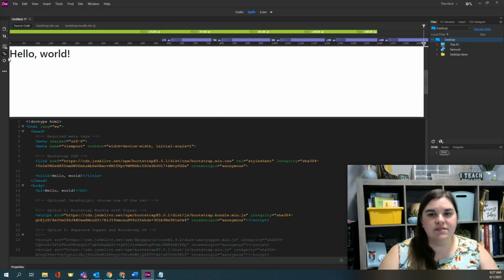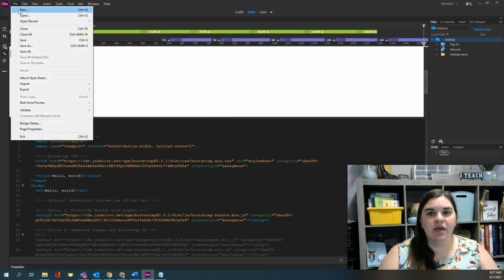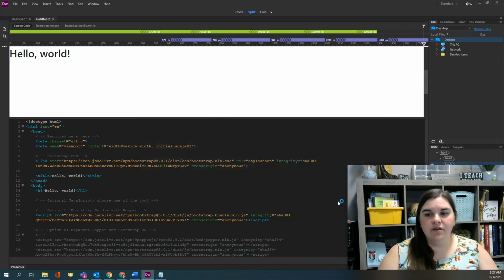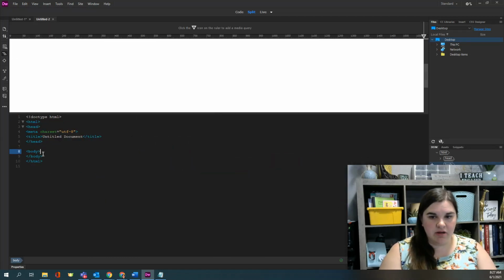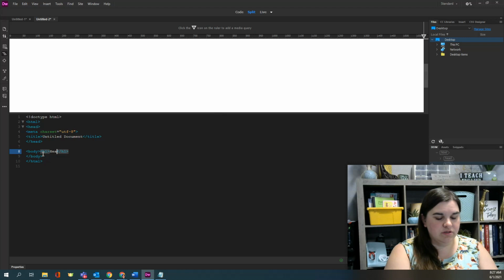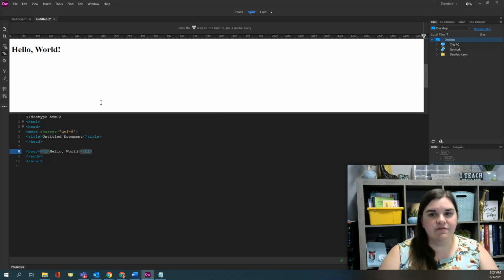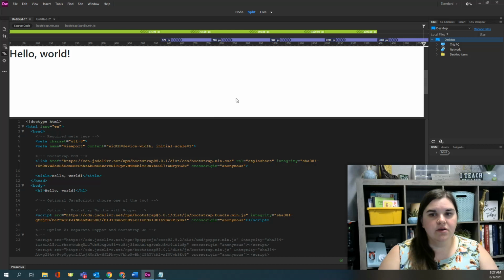What I want to point out is that is not the default font that we usually see for Hello World. If I go ahead, you don't need to do this, but if I go ahead and open up a new HTML file and create an H1 tag in the body that says Hello World, you'll notice that's not the font that it used. It also has some spacing above it and spacing below it. It's also not the same size. So what you can see here is that automatically by bringing in this CSS right here, it's pulling all the